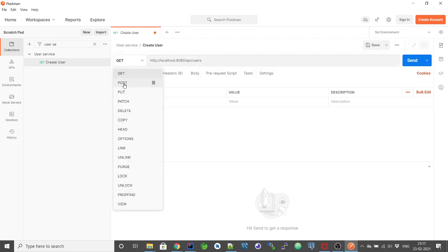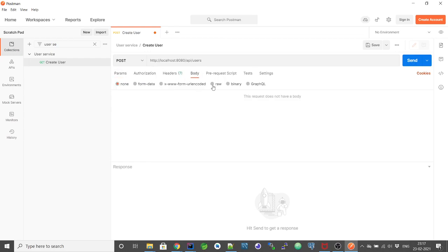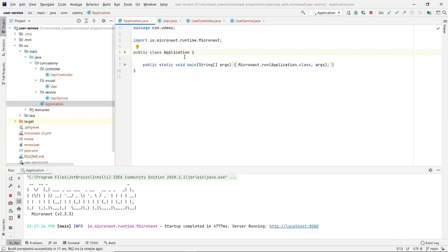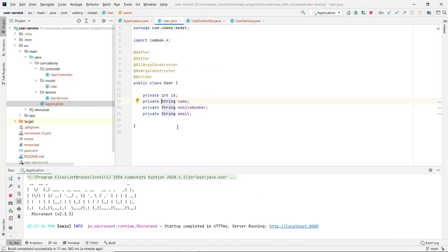It will be a post request, and in the body it will be in JSON, application JSON format, and we will be passing what we have in our user object.